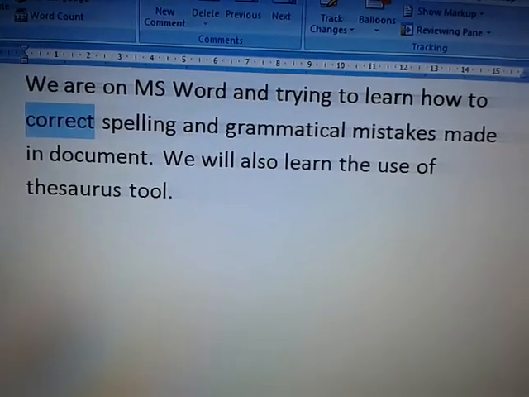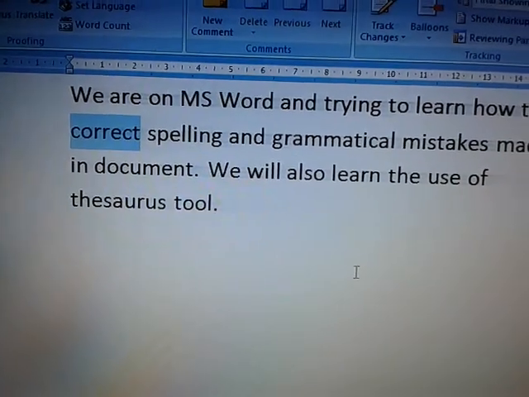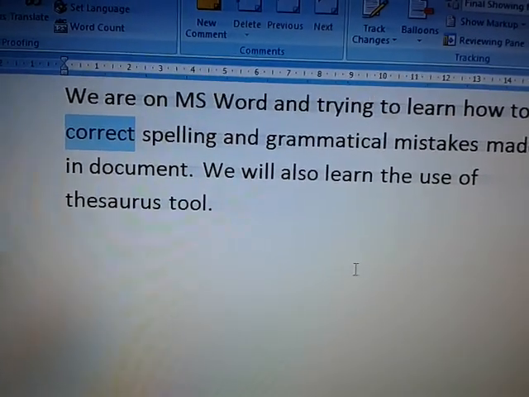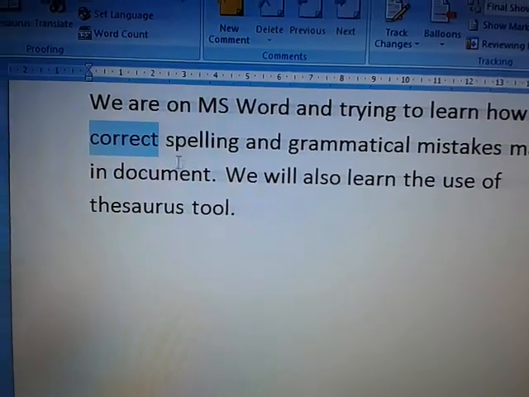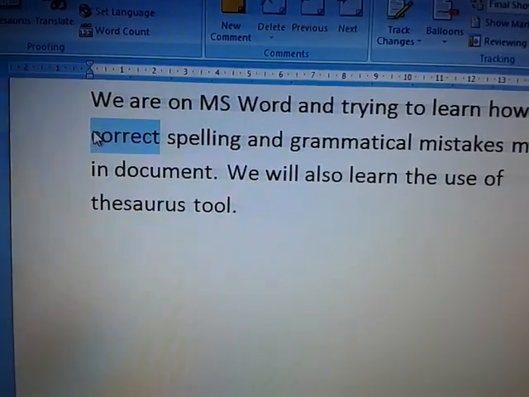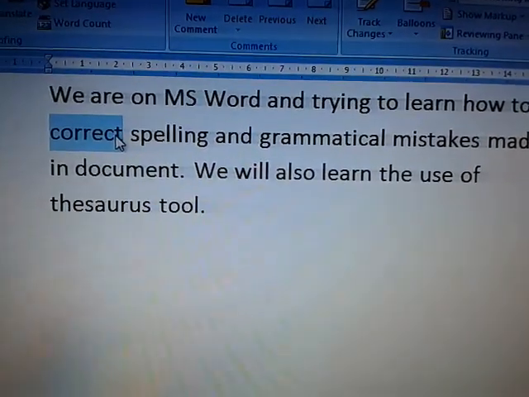And in this video I will also show you the shortcut. The shortcut to get the thesaurus tool is, you will select the word that you want to know the synonyms of.